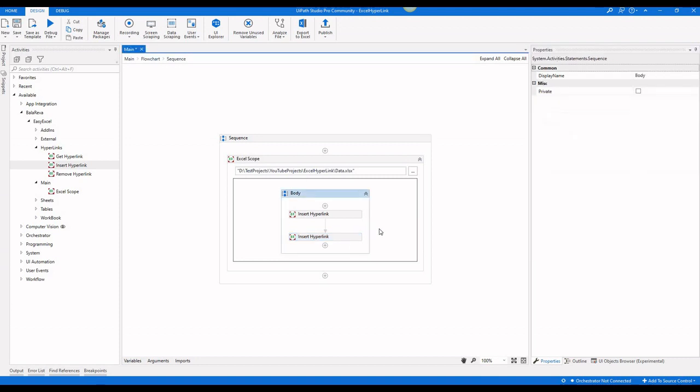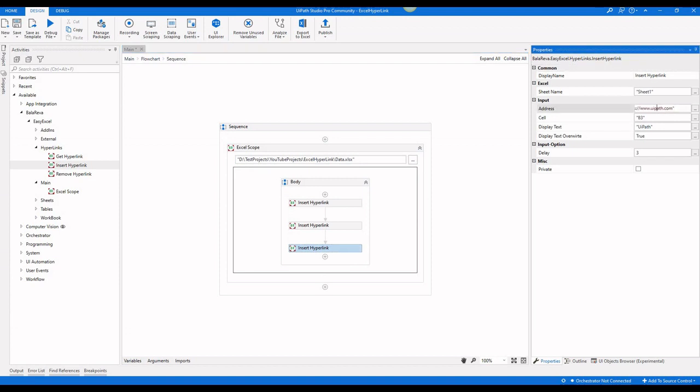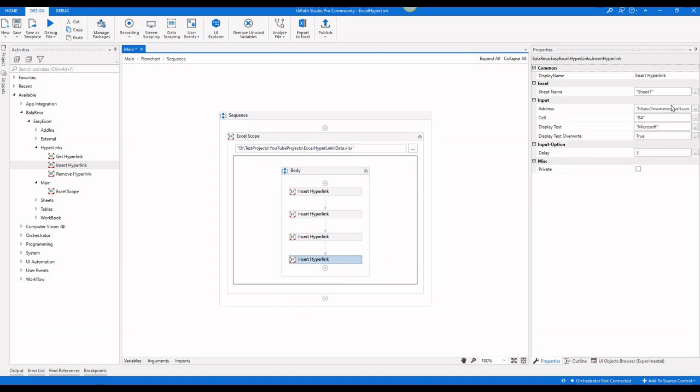The third one, I'm going to give Microsoft, cell is B4, and here I'm going to give Microsoft. The last one, I'm going to add Yahoo, and the cell address is B5, and here I'm going to give Yahoo.